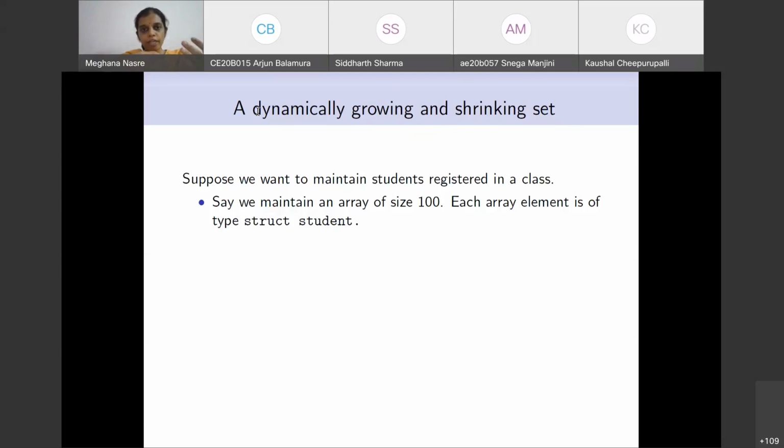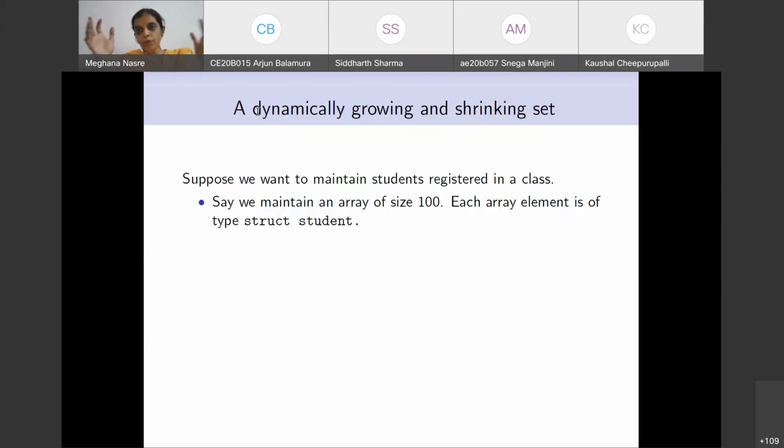Let's say that my initial estimate of my class would have been 100. Remember that when we were doing all of this, exemption, no exemption business, we had no idea how large a class I'm going to teach. So maybe initially I would have thought that I'll have a class size of 100 or 120, and I would have declared an array of size 120.